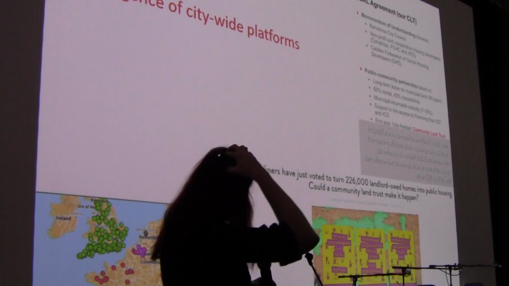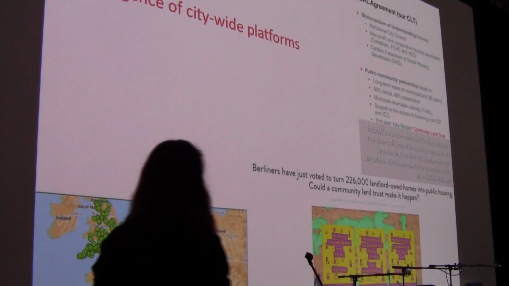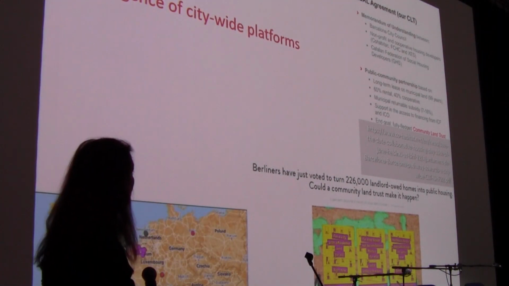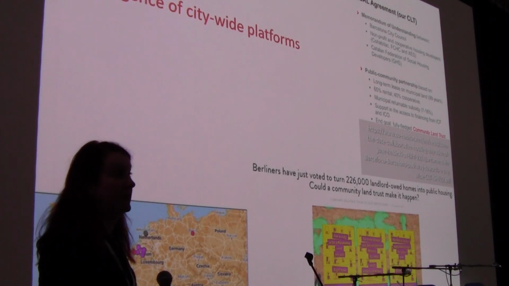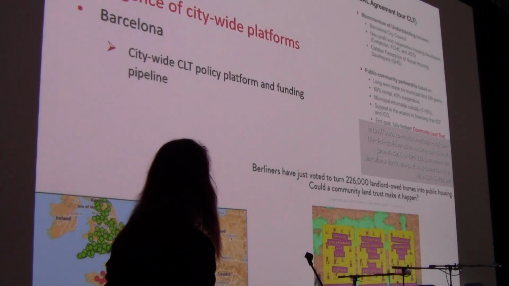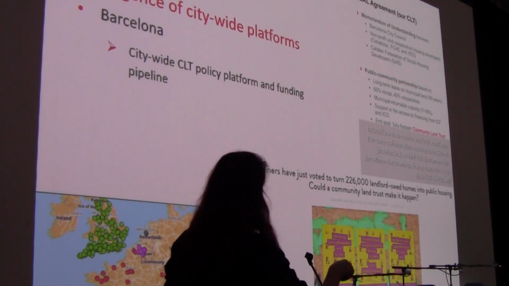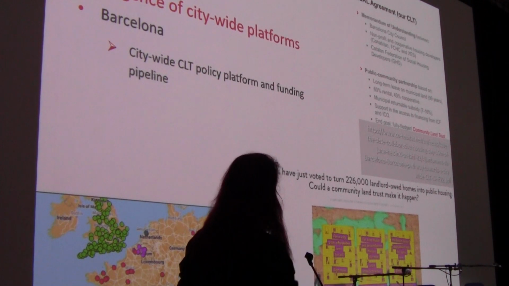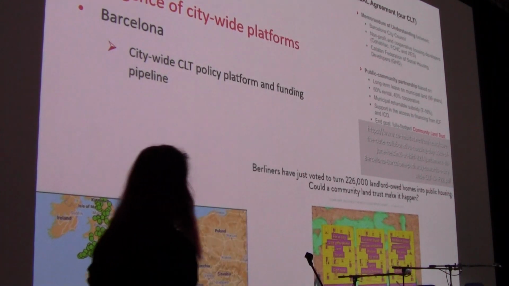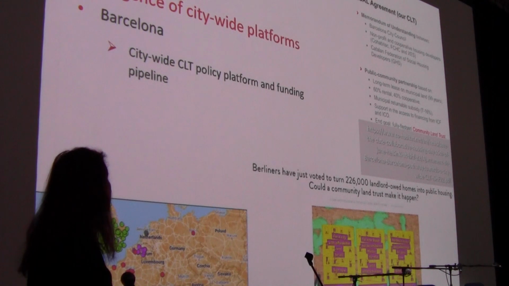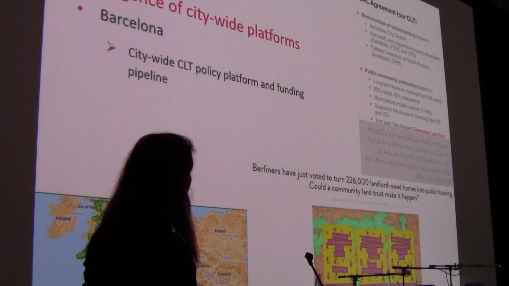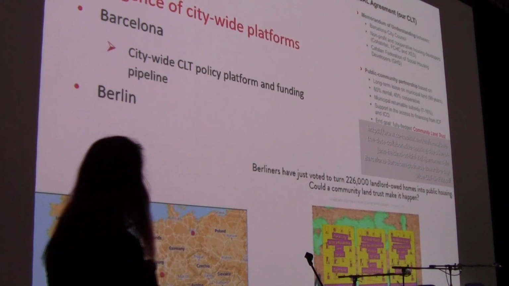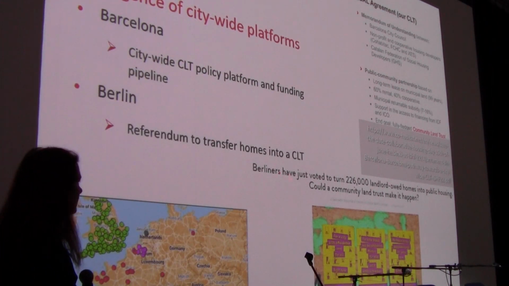So lastly, before I jump to Australia, what we're now seeing across Europe is the emergence of cities saying we need to do this, and we need to grow it at scale and do it fast. The text here on the right is what's been agreed to in Barcelona. They're setting up a citywide policy platform and a funding pipeline with the end goal of a fully fledged CLT. And similarly in Berlin, I love this headline, I just want to put that up on every slide,